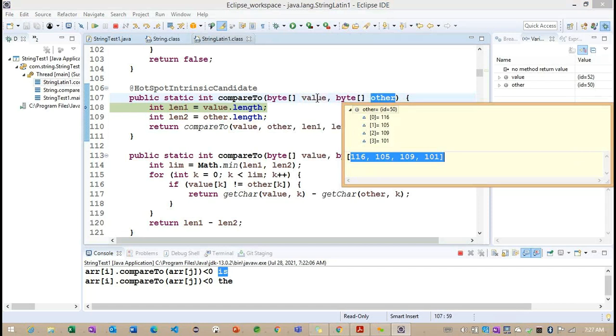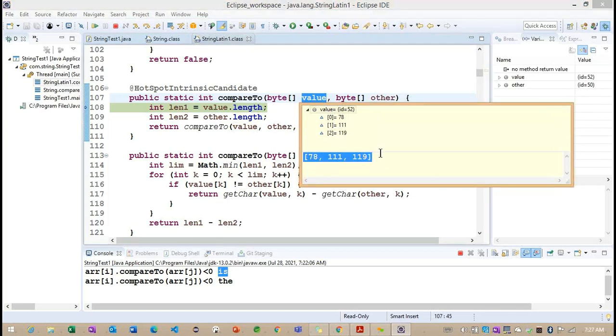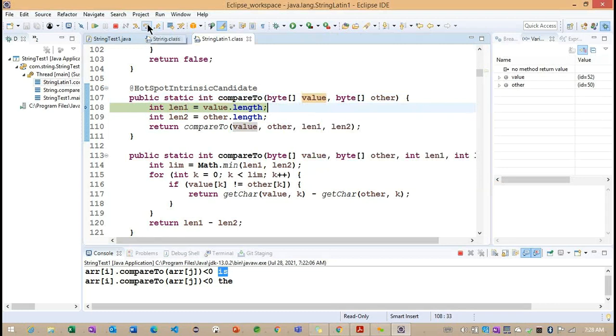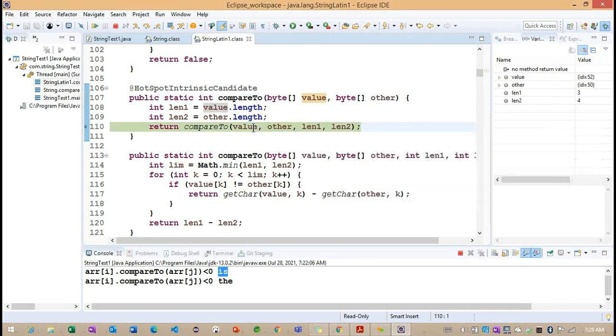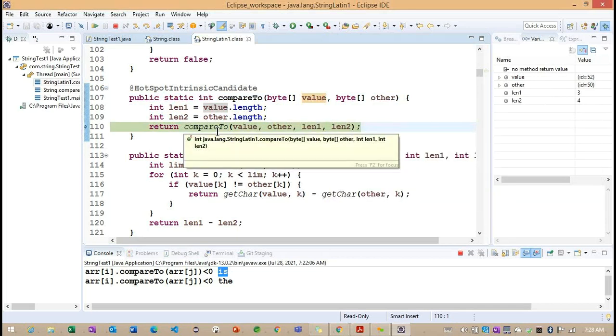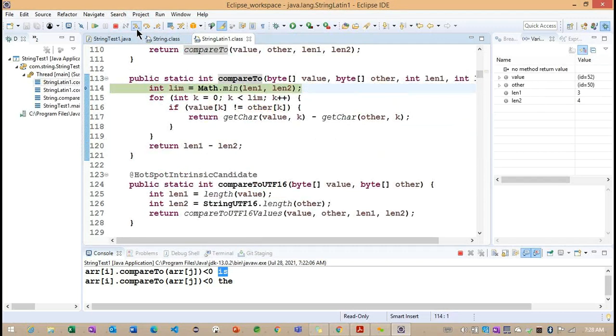So these are the 4. It is a time value, and this particular value we are having only 3. So now we can consider it is the now string. Now you can see length values they are checking here. So length we are getting 3, and length 2 we are getting 4. So based on this, internally one more compareTo method is being called. Let me move to the another compareTo method.